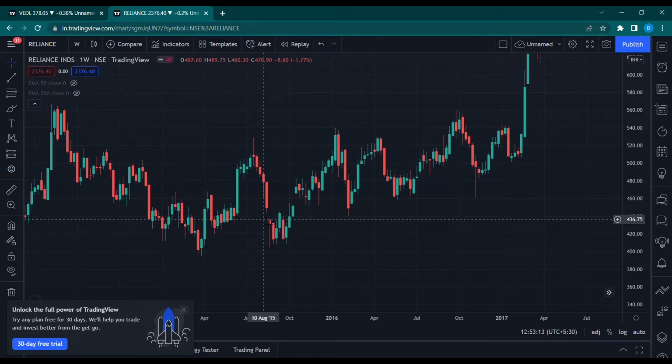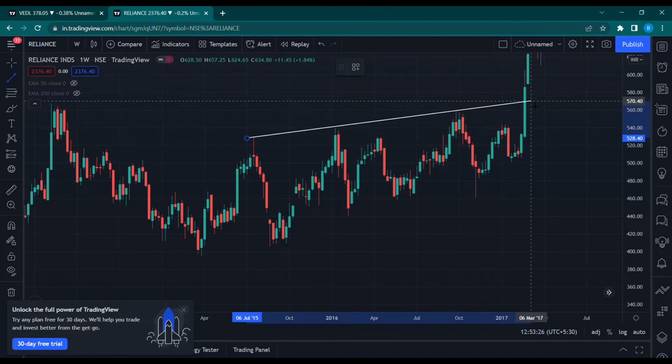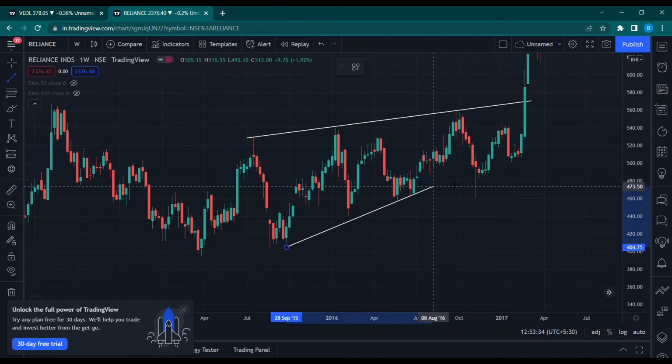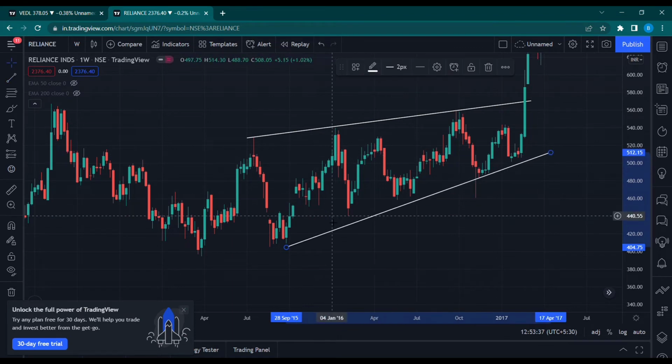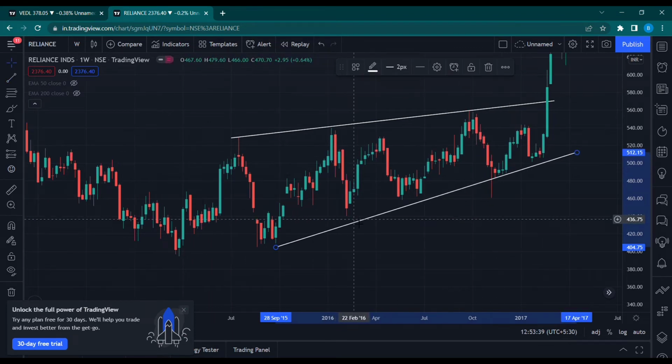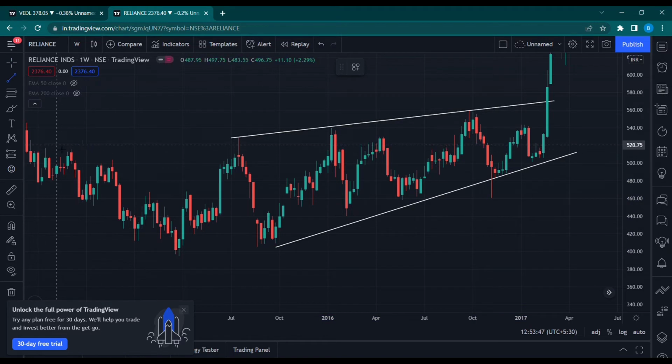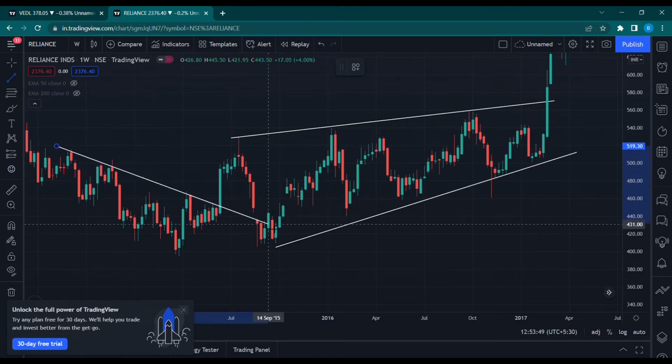Whenever we are talking about trend lines, you just connect the highs or the lows, right? If you connect the highs in these two cases, you have a trend line. Again, you see prices are respecting this trend line. Similarly, if you connect the lows, you have a trend line. If you connect any two highs or any two lows, that will make a trend line. So if I connect these two points, then this is also a trend line. Again, you see prices respecting it.